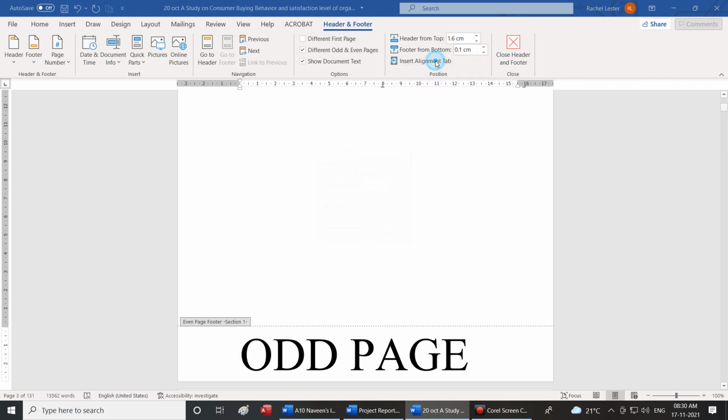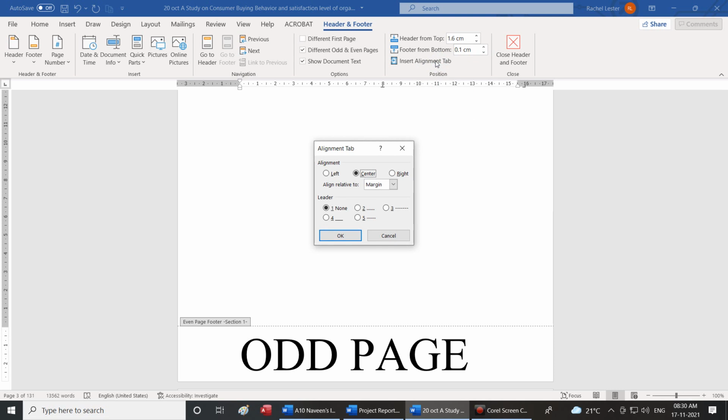Okay, next is insert alignment tab. This option enables alignment tab so that you can use the different kinds of alignments.